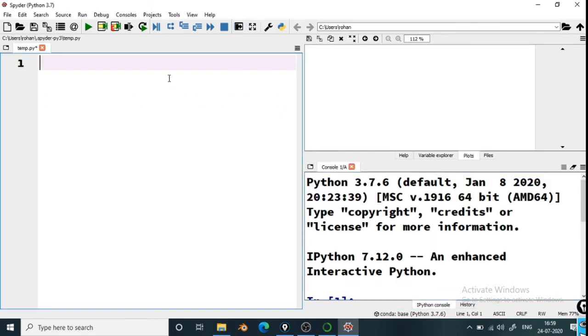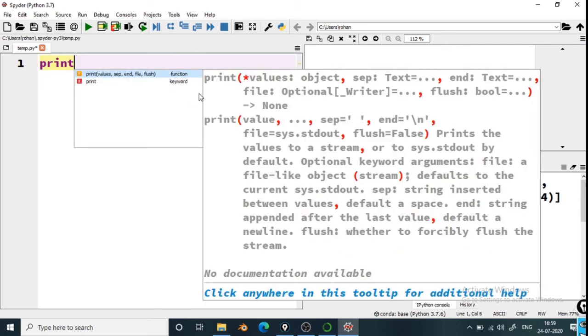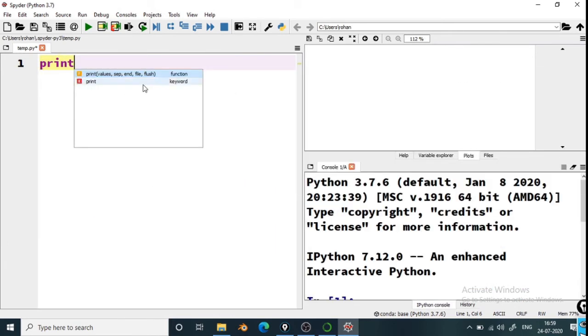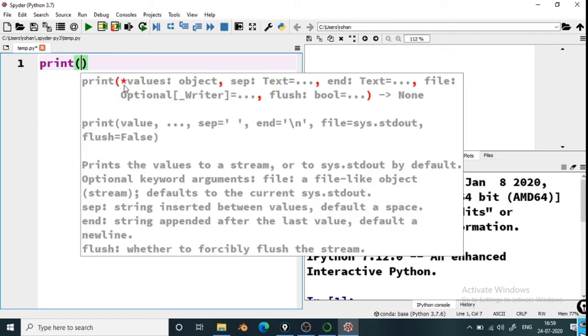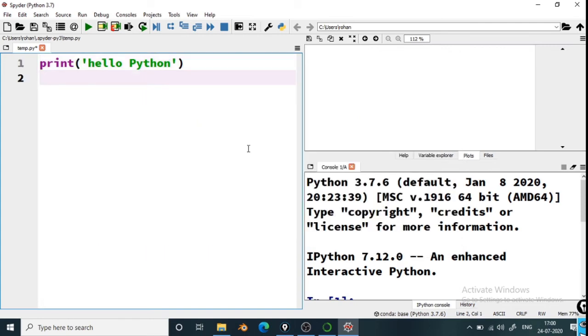Now let's go to editor. In editor, suppose we type print. You can see that even in console also, as soon as you type print, a help menu will appear. Bracket, and you can see the help menu for print is there. It shows all possible entries for print. So let's type hello Python. Enter,